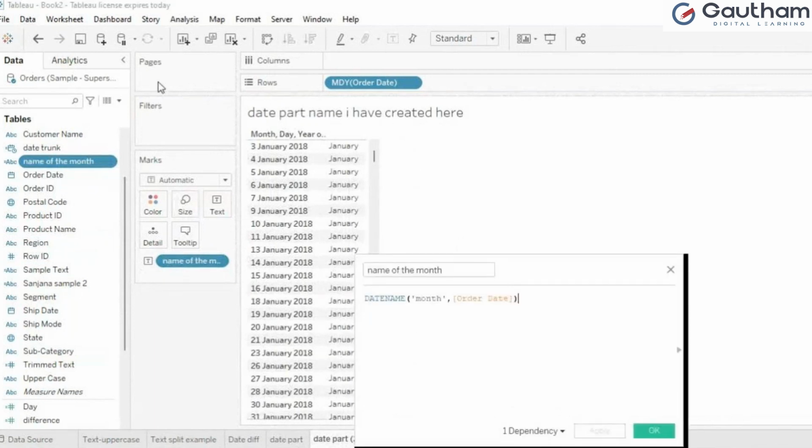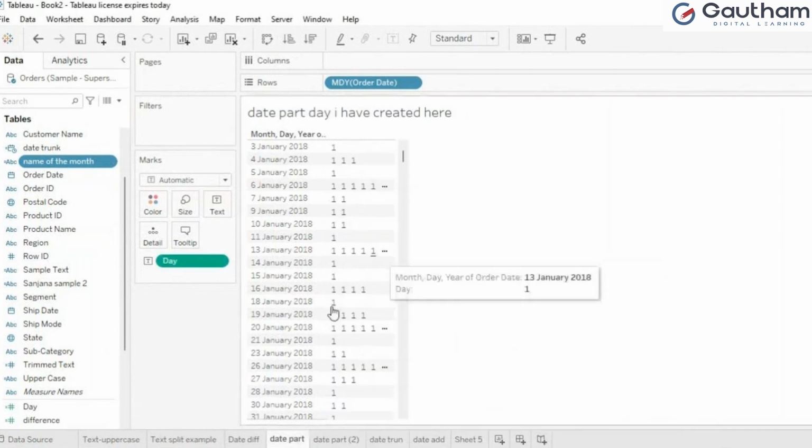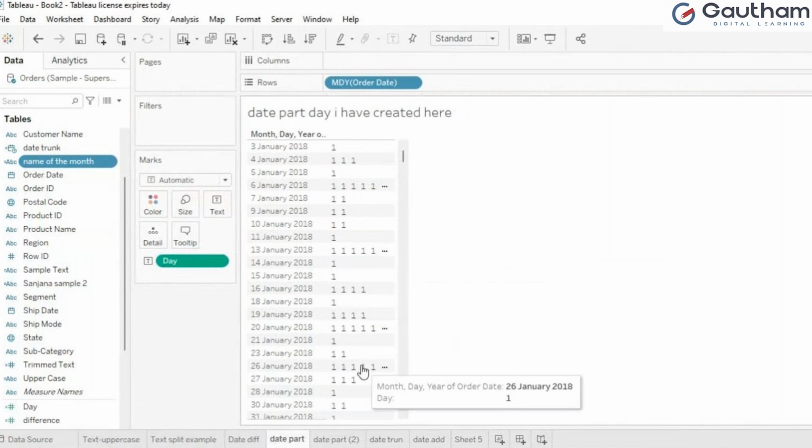When you want to see, I told you already, this is not a good practice to use, but in my projects or whenever I have done, this is a good way to present, because everyone can see, because these many orders are there, January will come like that, or something error will show up. So in that case, what is a good practice is DATENAME. That is also one more calculation.